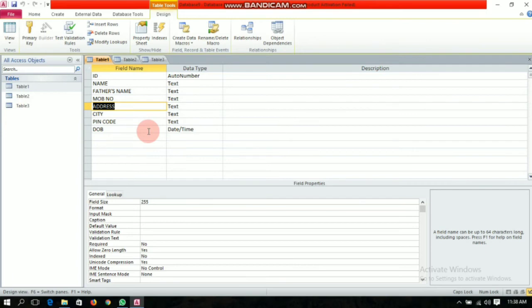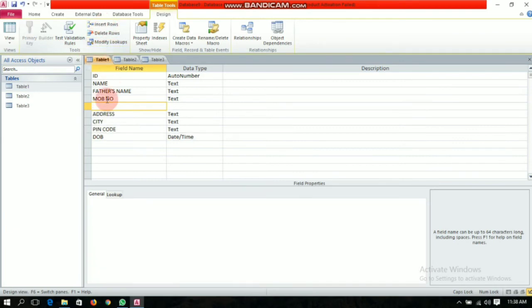I want it above that, so I have put the cursor here, and from the tools group you can click on insert row. See, one more row has appeared, where you can enter any name and its data type.